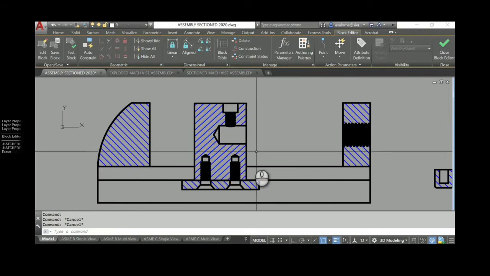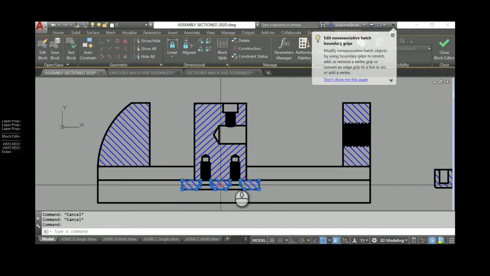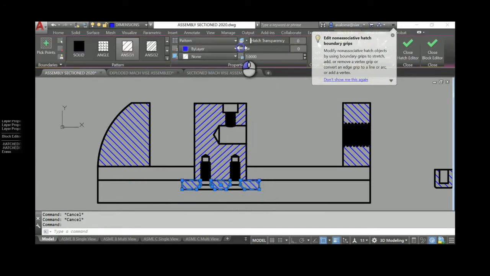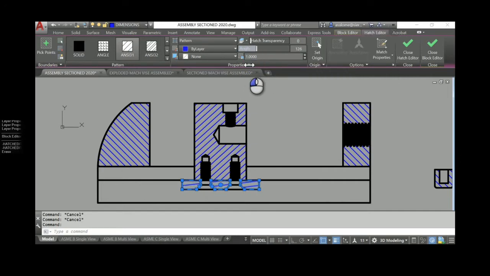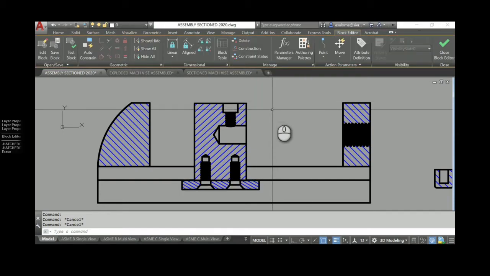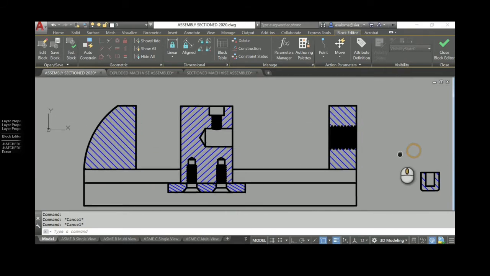Okay, and I'm going to take this one down here and I'm going to change its angle a little bit. Maybe I'll take it to, I don't know, 160. And I'm also going to take its scale a little bit smaller. So I don't know, 0.6. So that there's a clear distinction between these parts and they're not confused as being the same.